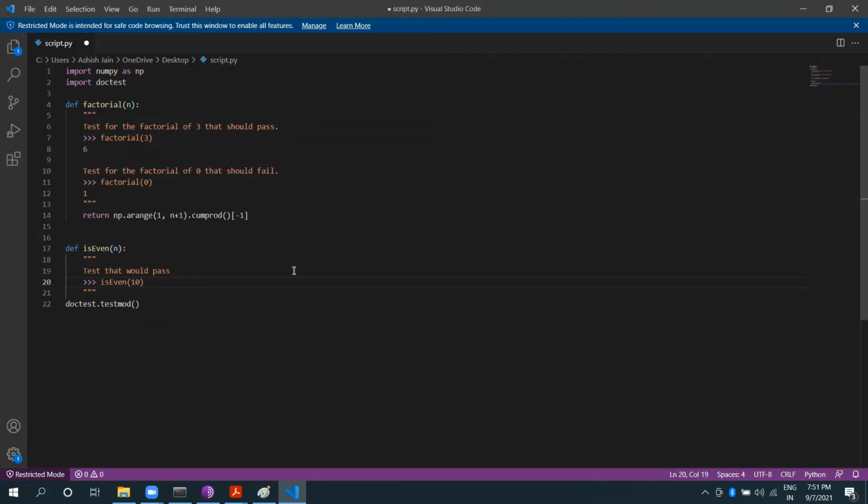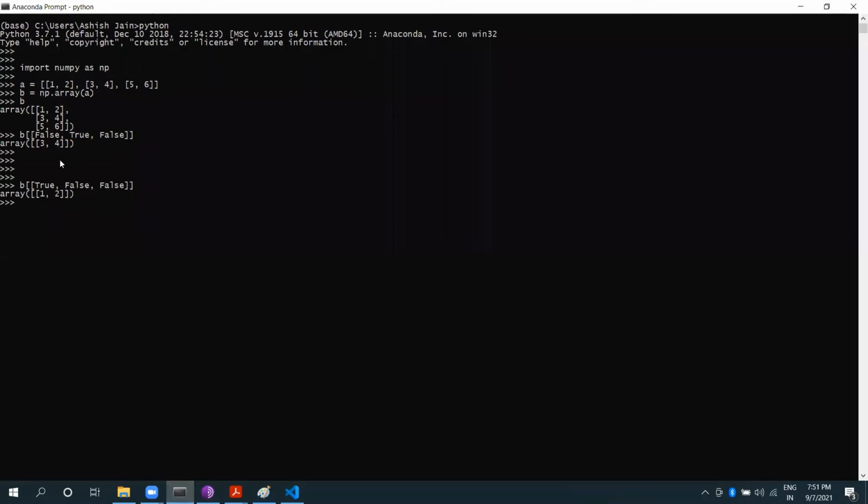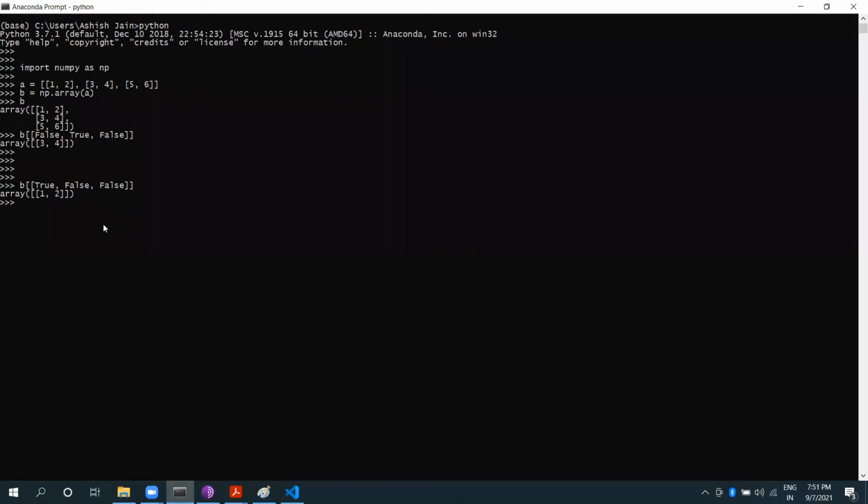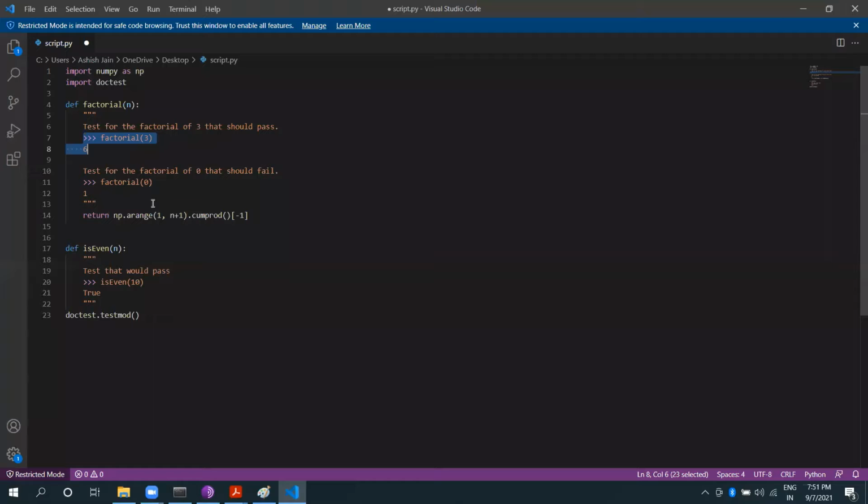10, and these greater-than signs are for the Python console, the Python shell. In a docstring, we are basically writing this as the prompt. This is basically the Python prompt. It indicates that we want to execute this statement, and the output we are expecting is True. Now is_even